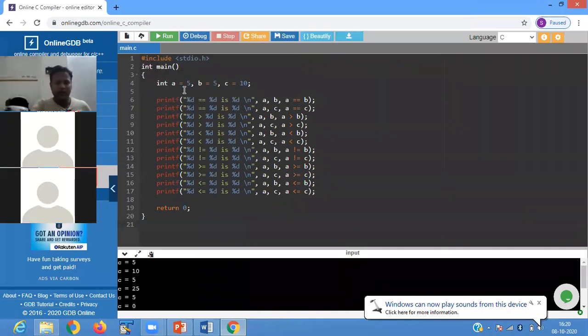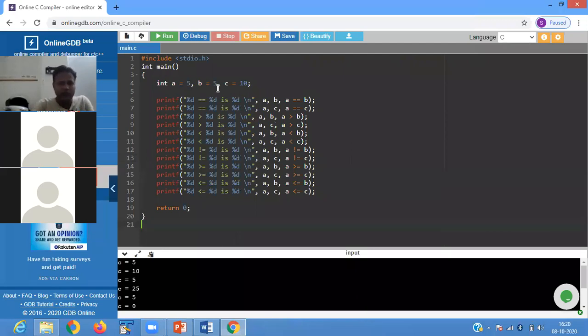So int a equals to 5, b equals to 5, c is equals to 10. We are defining three variables: a 5, b 5, c is equals to 10.